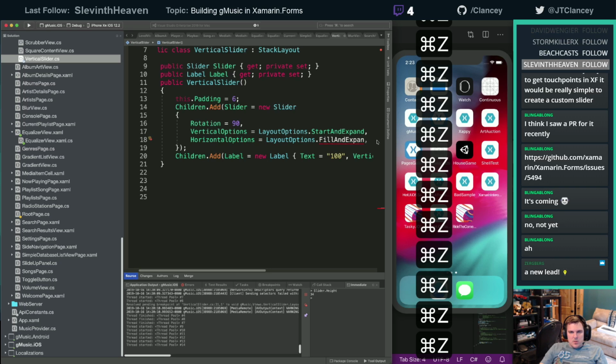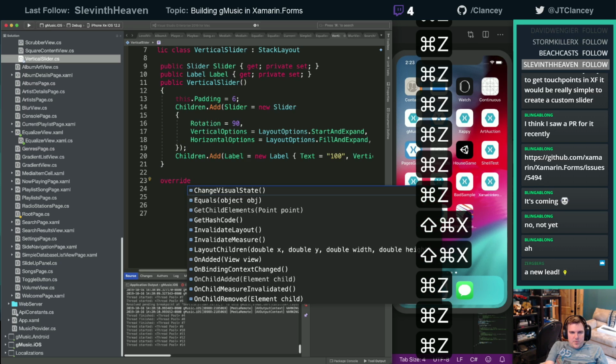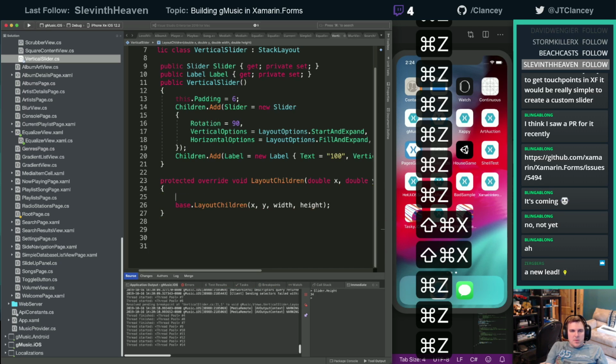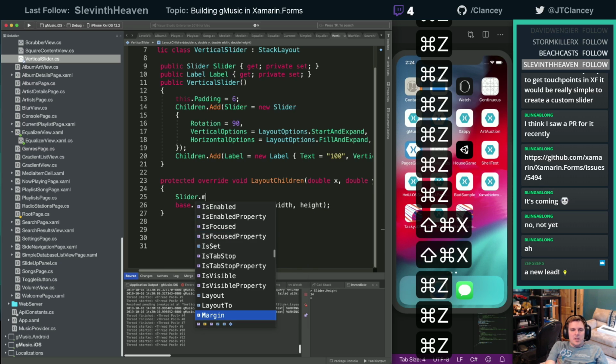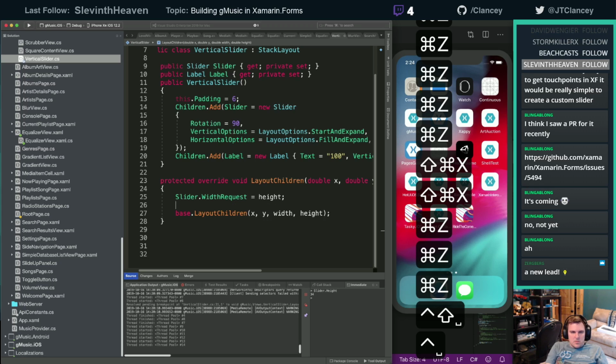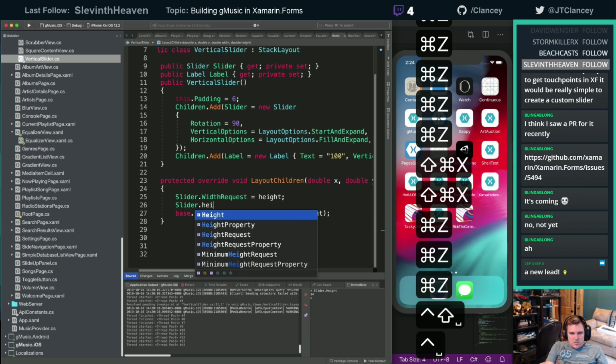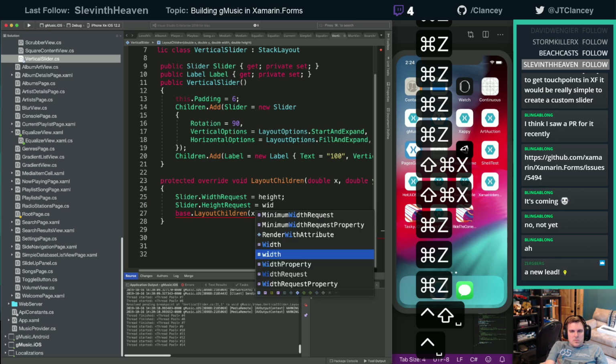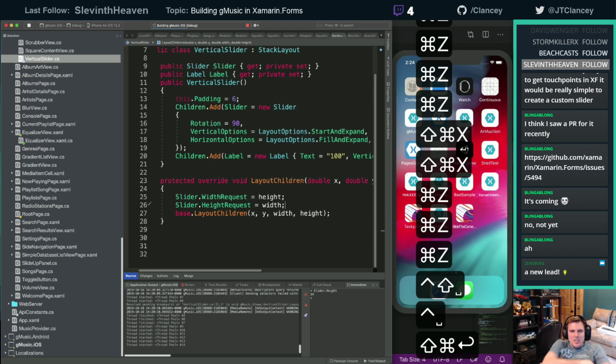Okay, we'll ignore... Override layout children. Before it lays out, we'll say slider dot min width request equals height. We'll just say width request. See what that does.